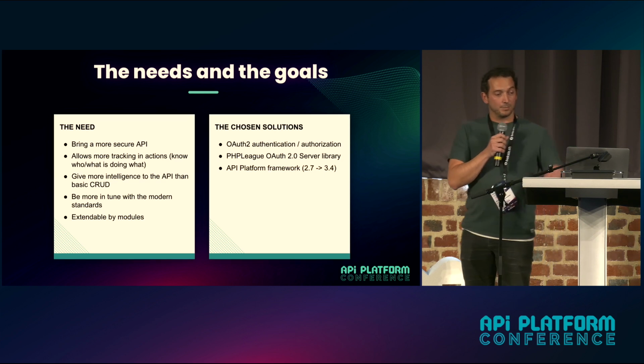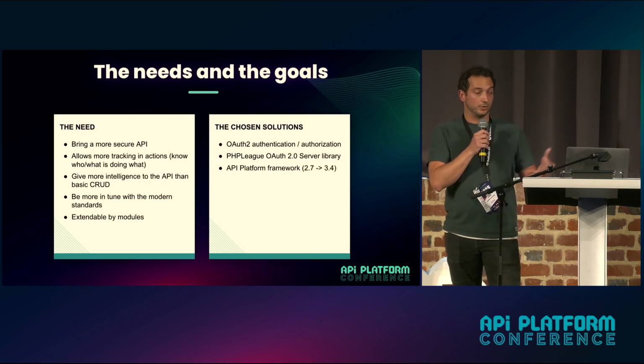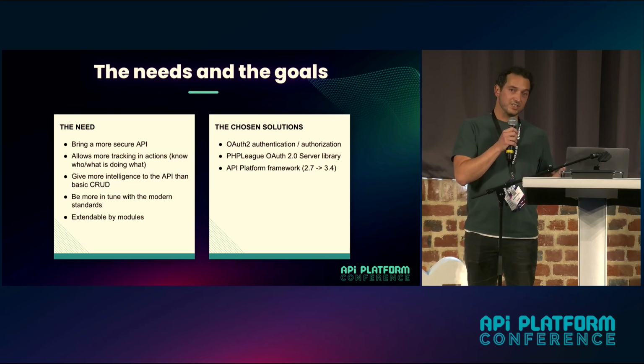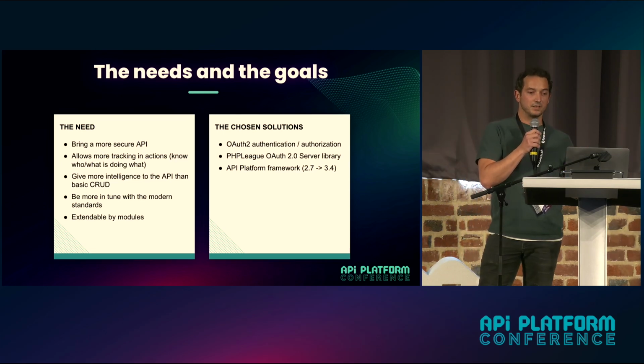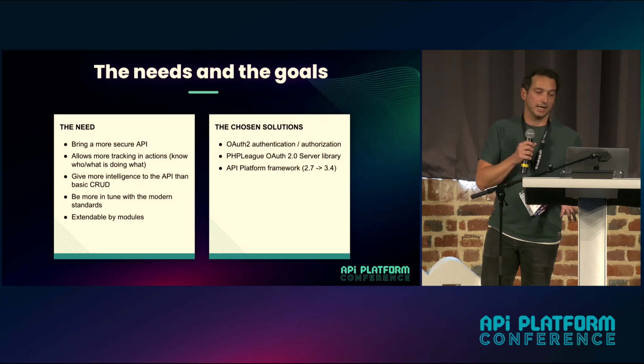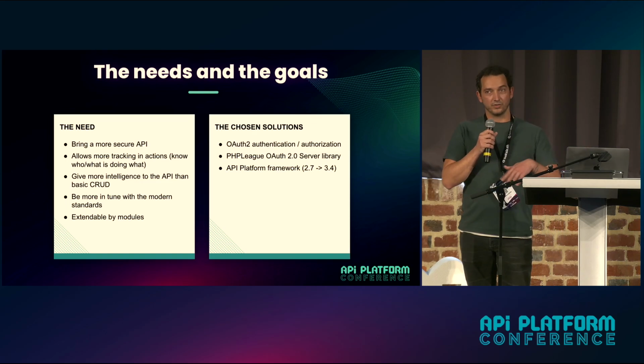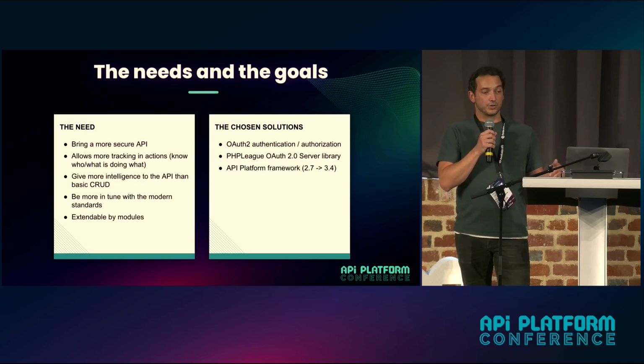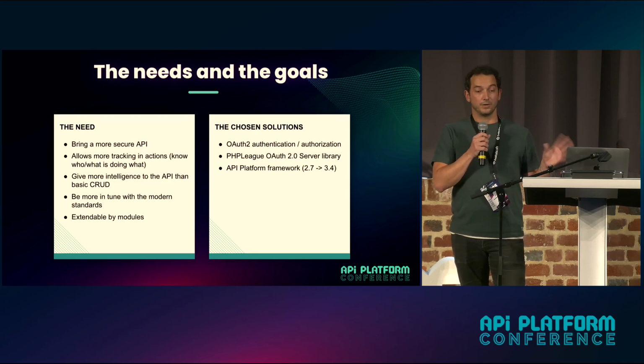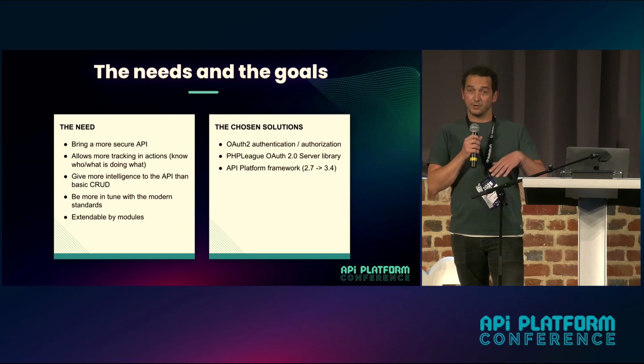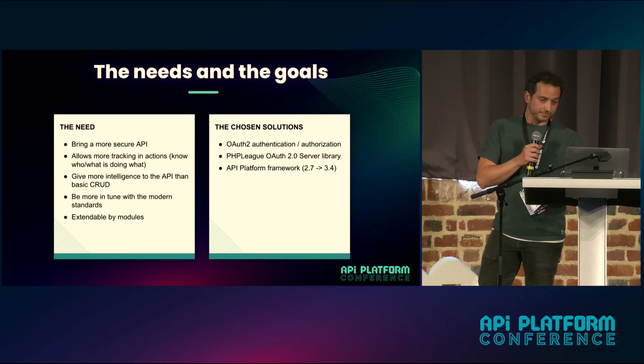We chose API Platform framework for the API part, or the resource server. We started with the 2.7 version back when we started this as a POC in the 8.2 version. And recently we released the 9.0 with a minimum version for PHP that was 8.1. So it allowed us to upgrade to the 3.4. And I believe we can't use the 4 version because it's minimum 8.2, so it's not in sync with our requirements.